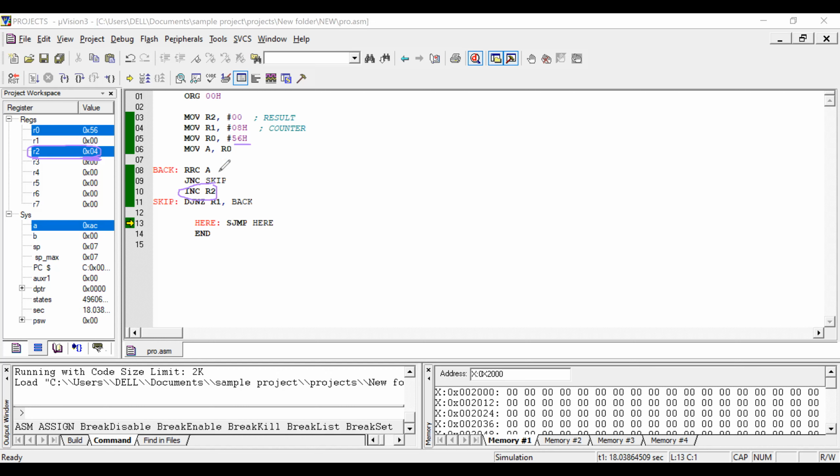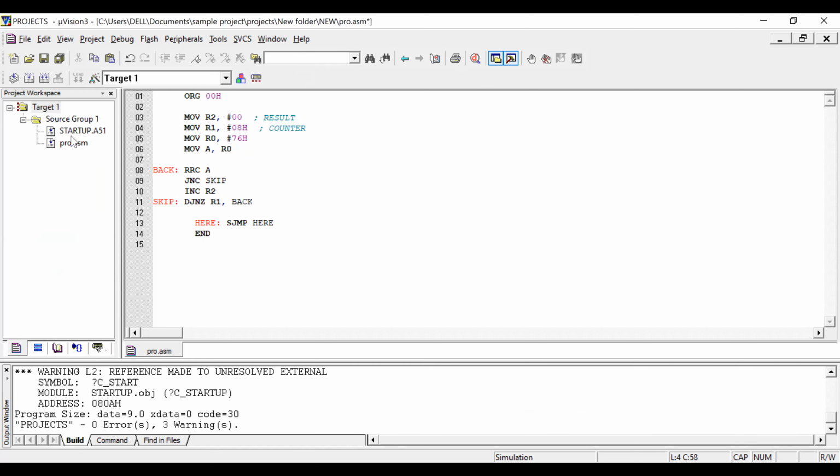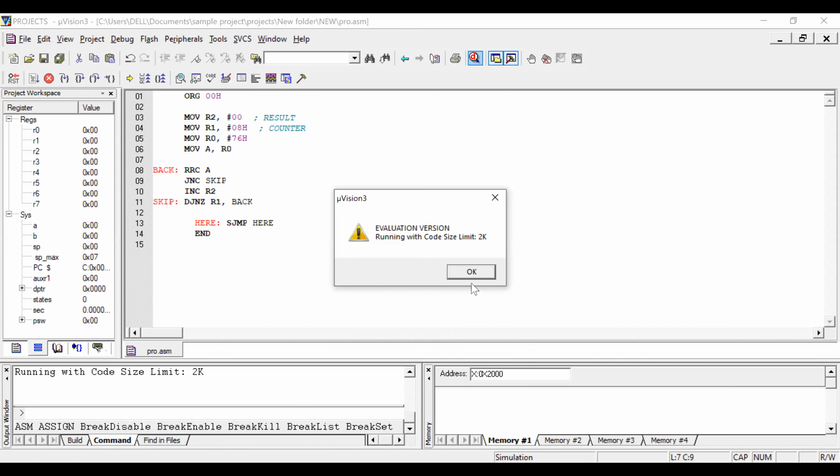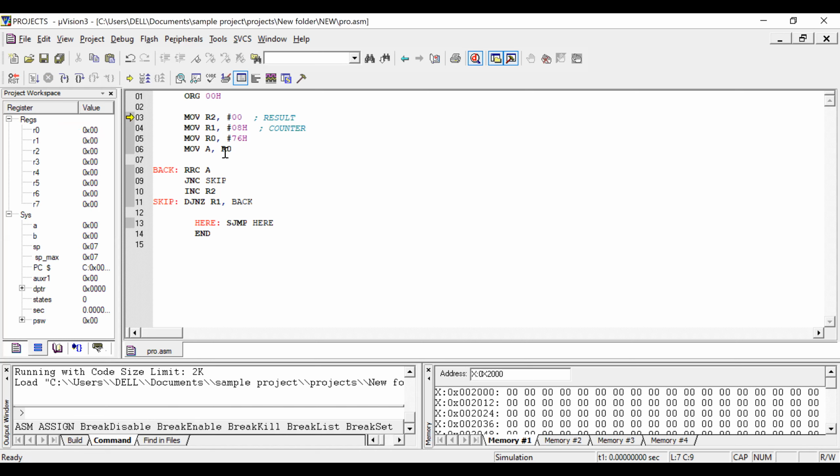Okay. Right. The same program, you can use it for finding the number of zeros. If you want, I will give a different value here for finding the number of ones. I will give 76H. I will come out from the debug mode now. Then I will once again build the program, that is, compile the program. Next, I will debug the program. So now, as per this 76H, how many ones should be there?